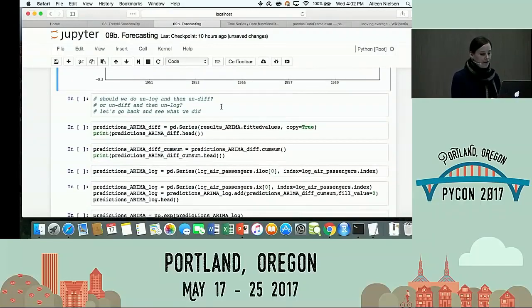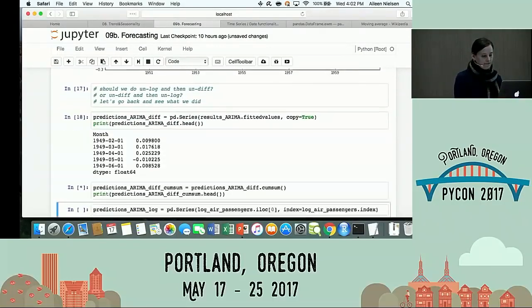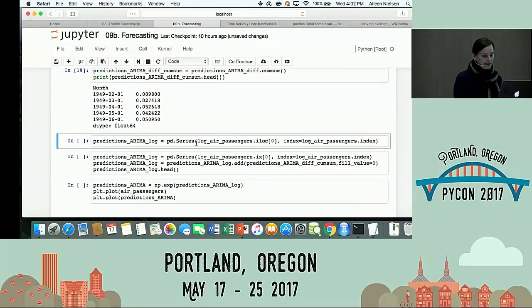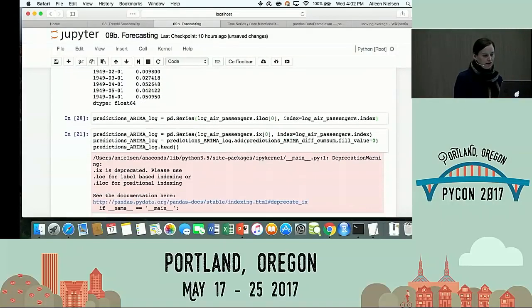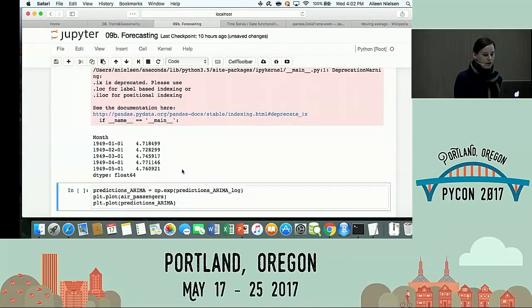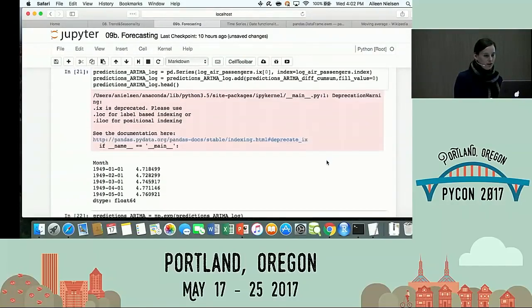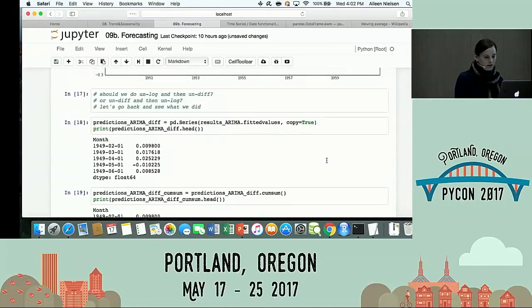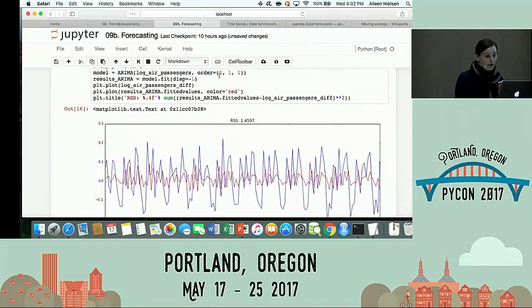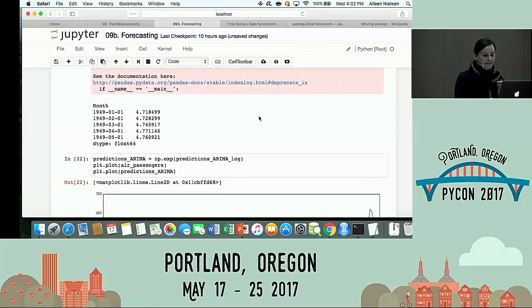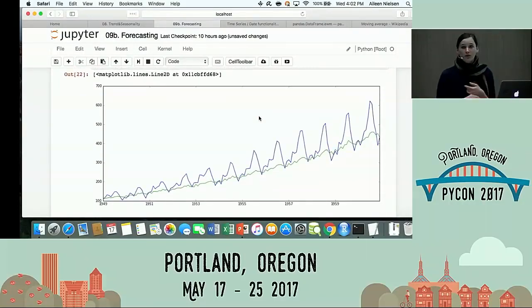So let's go ahead. These are our predictions. We're just backing out to our original form of the data. And now let's compare that. So the ARIMA model with, let's go back and see what we did, the 1, 1, 1, that's what we settled on, gives us this. So it captures the trend when we untransform it, but it doesn't really capture A, the seasonality, or B, the change in variance.